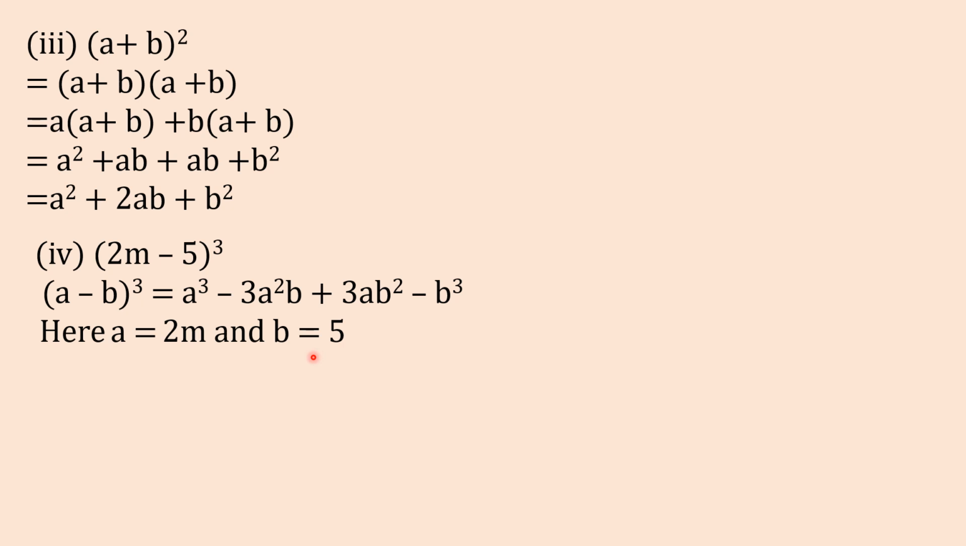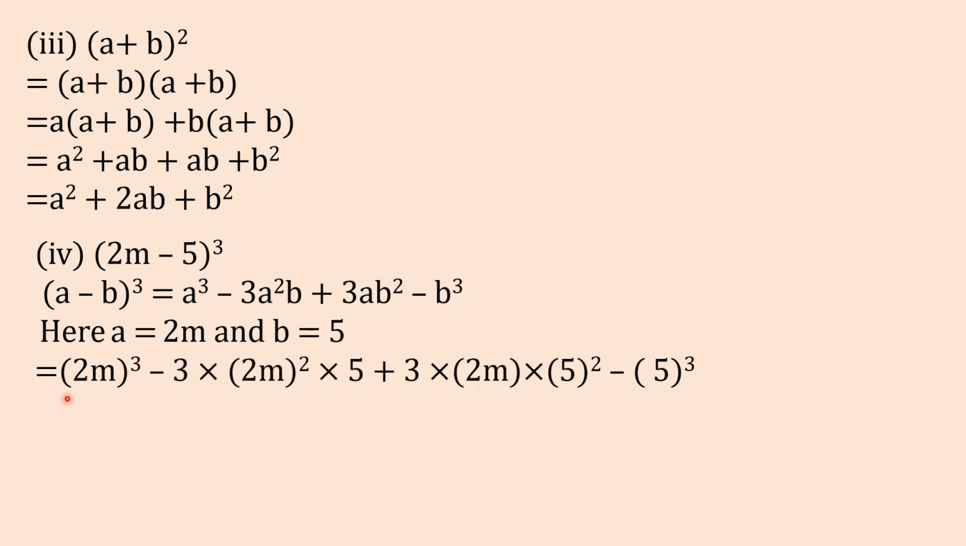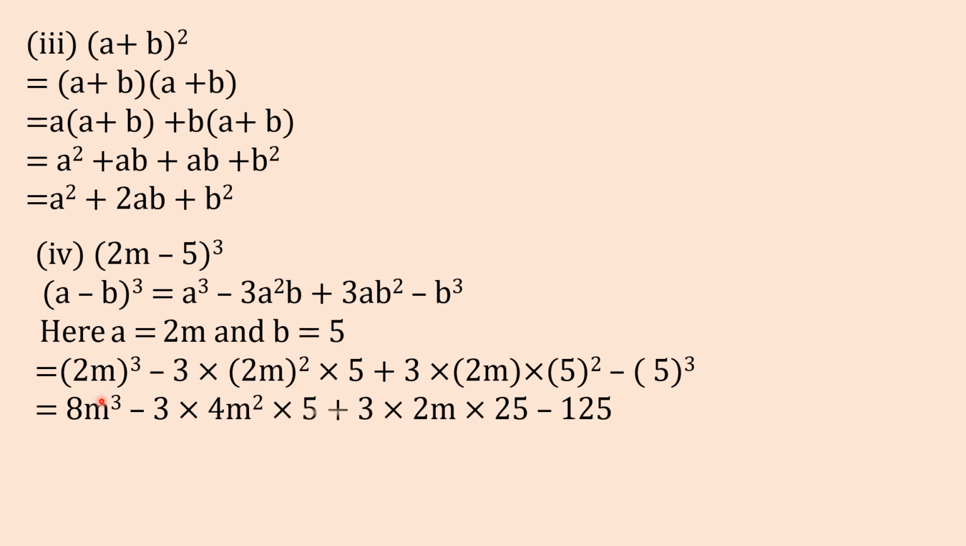Now we'll just put in the place of a, 2m, and in place of b we have to put 5. So it will become 2m the whole cube minus 3 into 2m the whole square into 5. Then plus 3ab square, so it will become 3 into 2m into 5 the whole square. Then minus b cube, so minus 5 cube. Now we'll solve this. So 2m the whole cube will become 8m cube, minus 3 into 2m the whole square, which will become 4m square, into 5, plus 3 into 2m into 5 the whole square will become 25. Then minus 5 cube will become